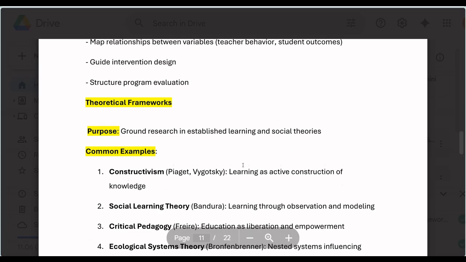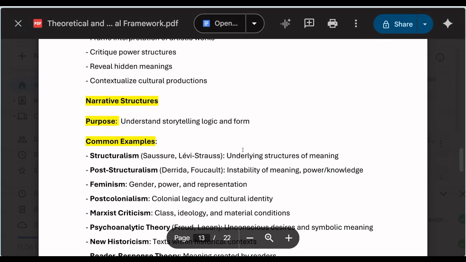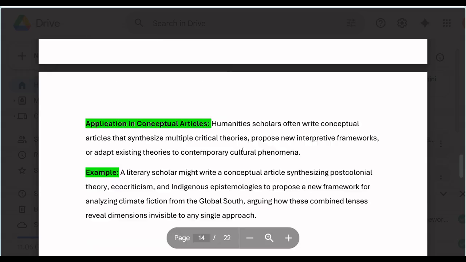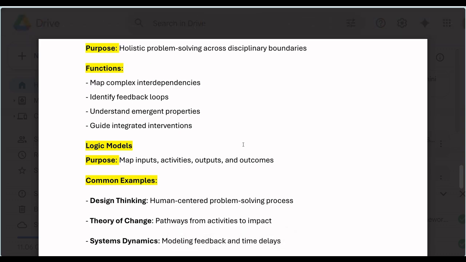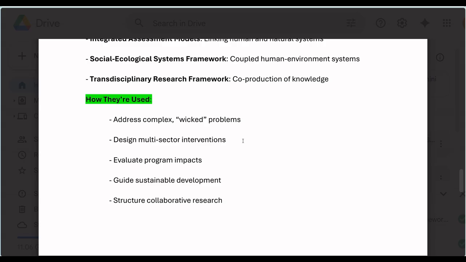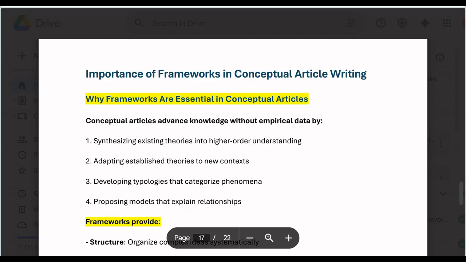I just feel that we should bring this to bear so that it won't be as if, when we are writing, we don't really have an understanding of what theories and conceptual framework is all about. The same thing goes for those who are writing master's and PhD theses. Let's have it at the back of our mind that this is the way this thing works. We have made it detailed on how they apply. We don't have the time this evening, and because we don't have it in our curriculum, but we just found out that this thing is not there and we just have to bring it to bear. But what we have done to make it easy for everybody is how it applies in every field, and how to even use it when you are writing a conceptual article is also highlighted in this material.